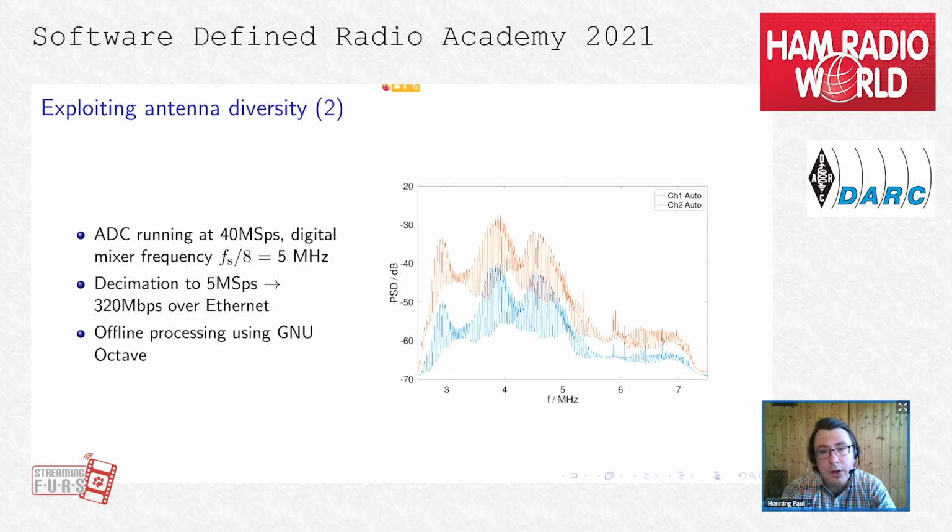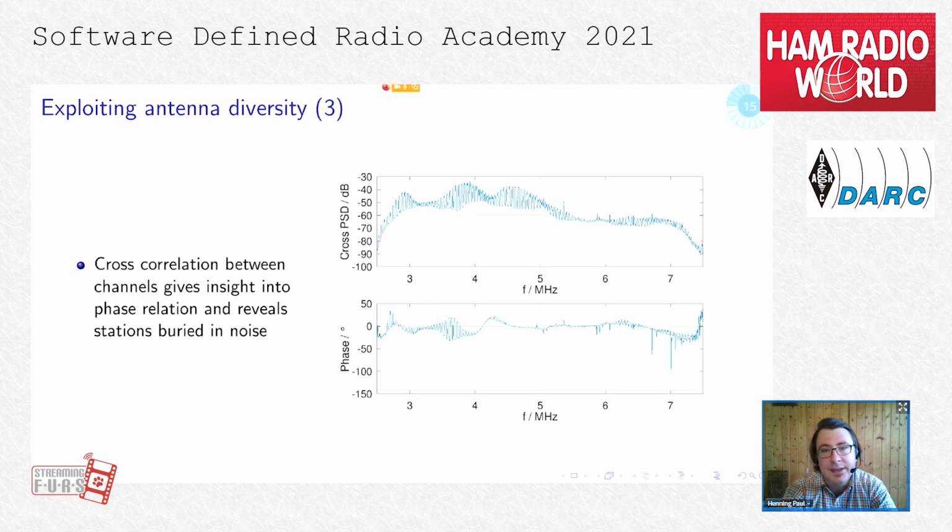See the auto power spectral density, to be precise, that is shown here, the spectra of the 2 input signals. Of course, there is the cross correlation in the time domain, and in frequency the counterpart is the cross power spectral density, the cross PSD. And this is shown here. So this basically shows us what the 2 channels have in common. And you see a lot of QRM they have in common.